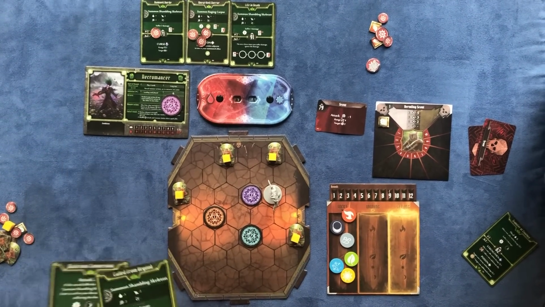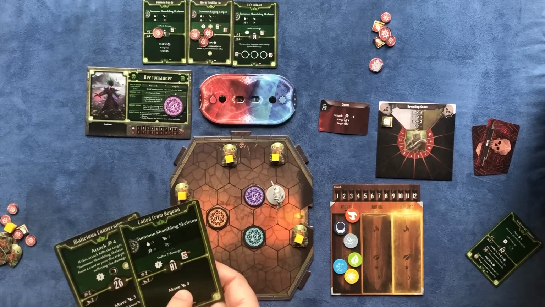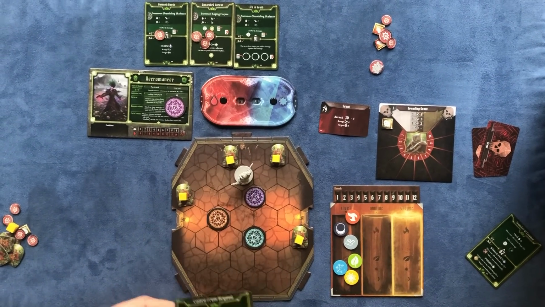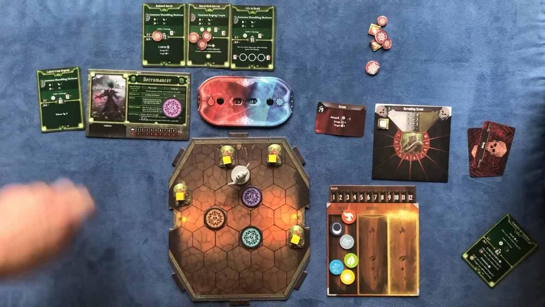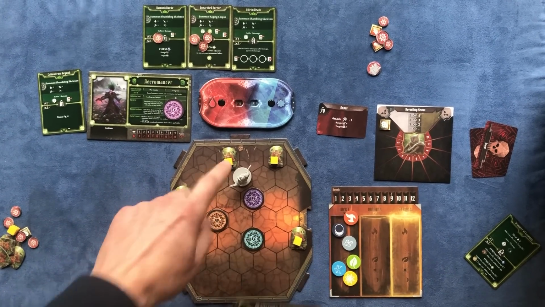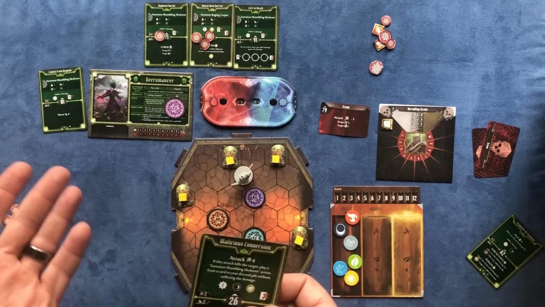So, first thing we're going to do is we're going to do a little moving on the bottom here. I'm just going to take 2 steps right there. This then goes immediately in my discard pile. And then I play Malicious Conversion. I'm going to do an attack 4 on number 1, who is poisoned, so it's going to do 5 damage,